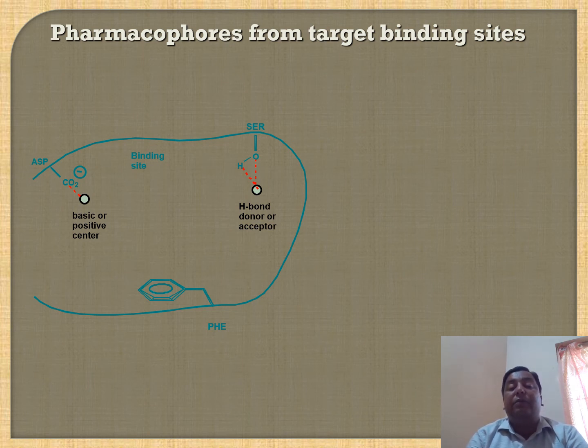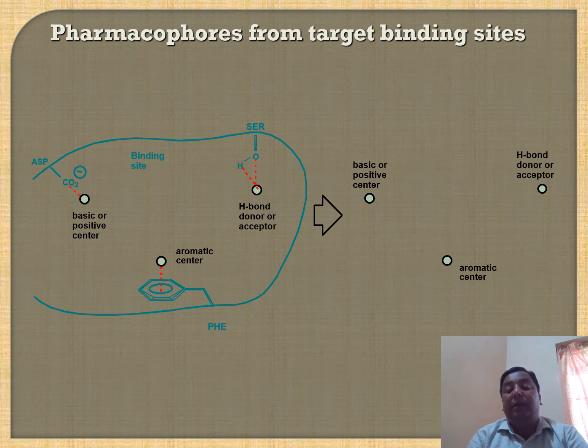Here there are hydrogen bond donor or acceptor atoms, and aromatic rings. Based on that we can identify the pharmacophore map, their orientation in the active site in terms of bond distances and angular distances,